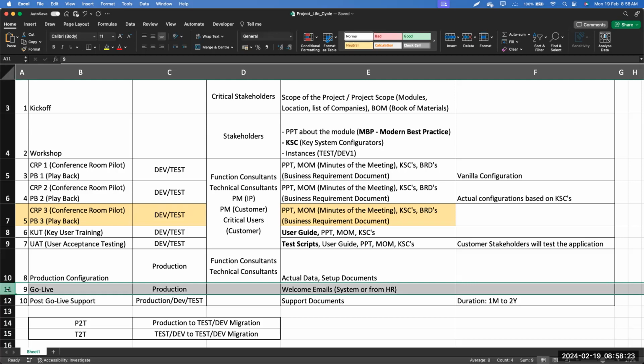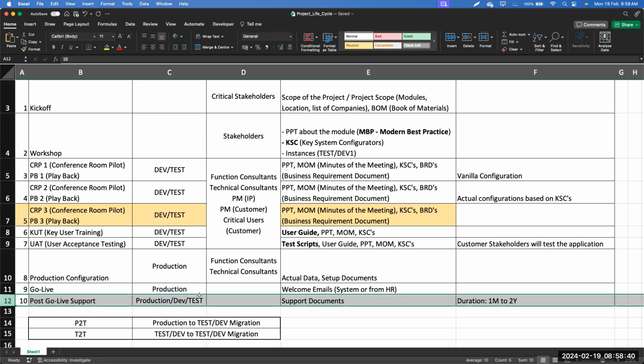Sometimes we send a welcome email from the Fusion application. Some customers send it from their Outlook, and through the welcome email all the end users will start using the applications. Once they start using the applications, our post go live support starts. Whenever we go live with any project, we call the post-project phase hypercare. The hypercare duration could be anywhere between 1 month to 2 years,